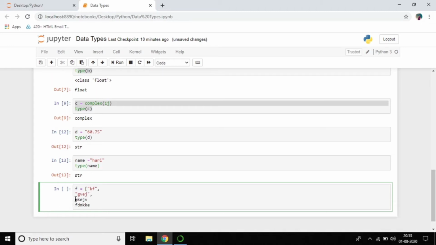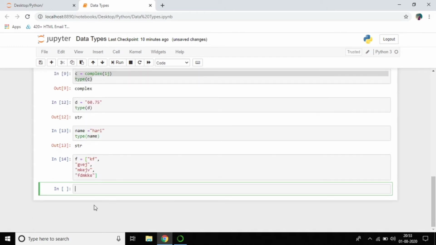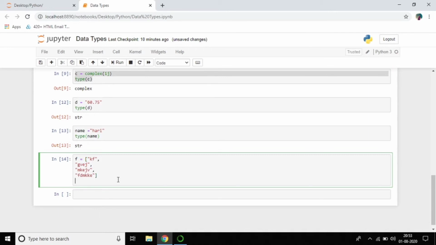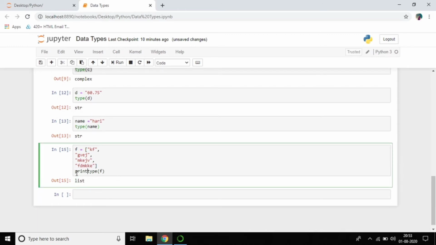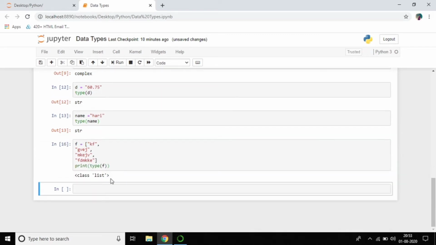I'll put them in quotations, because we all know that is a string. Close this and run. Just see type of f, and you can see it says list. If you print, it shows class list. I think it's very clear about list.